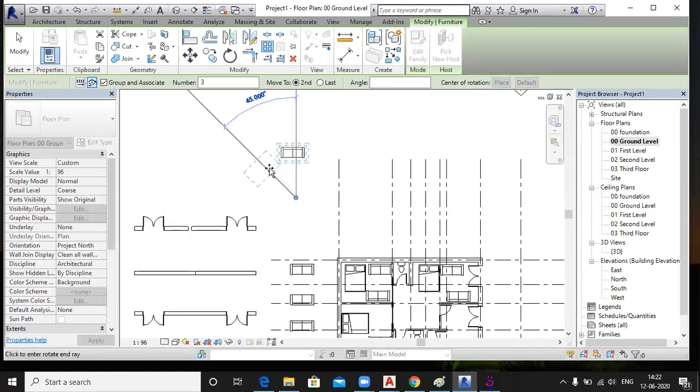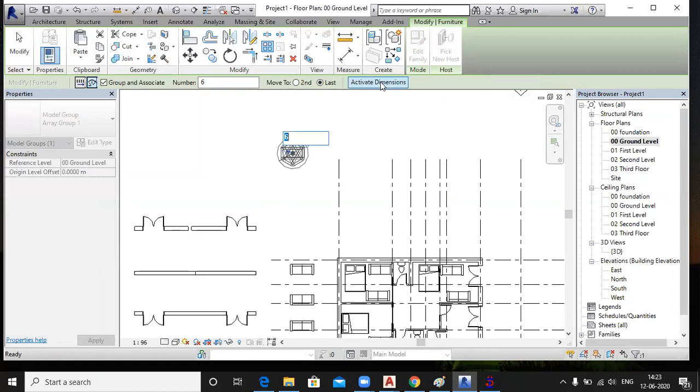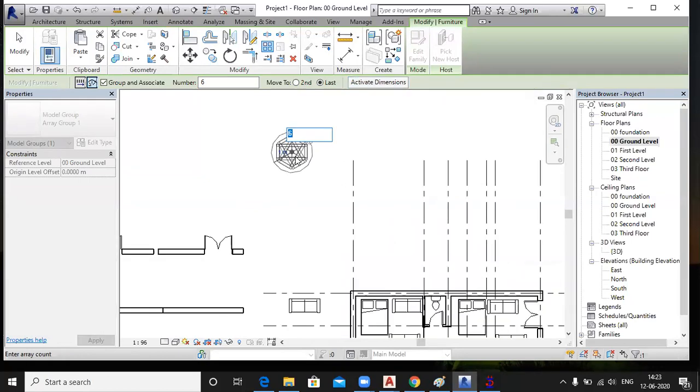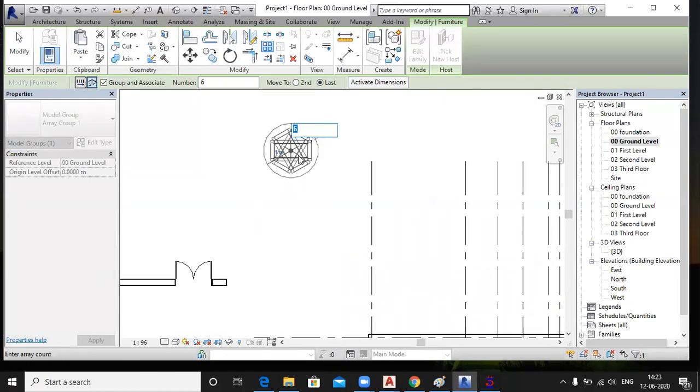Linear or radial? Radial. This option will also create only radial, not linear. Here you just click the last option, specify the number as 6 and the last angle as 360 degrees, and enter.